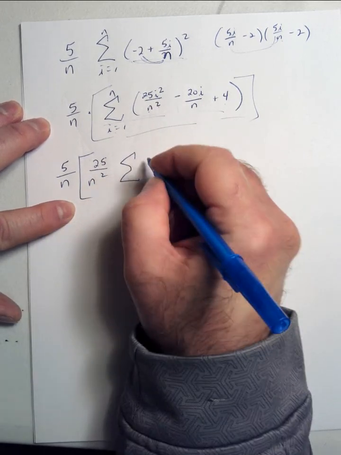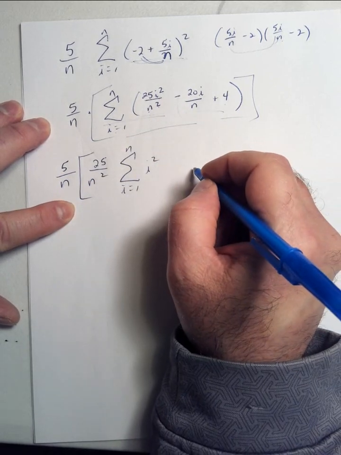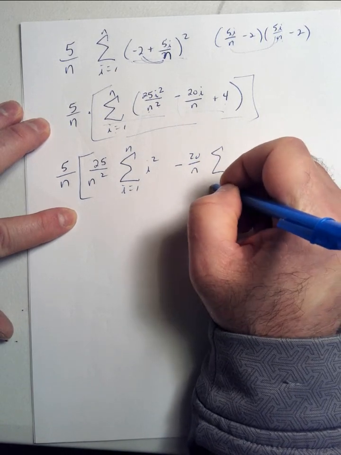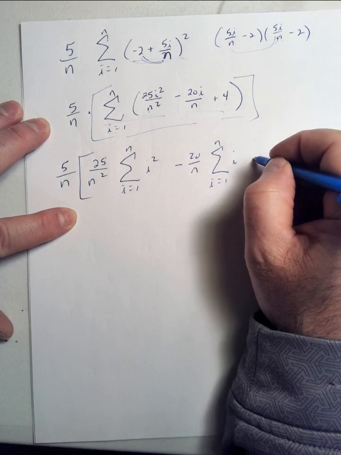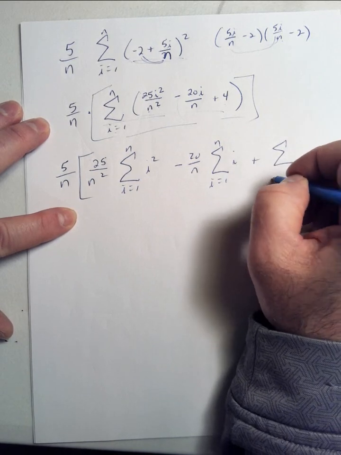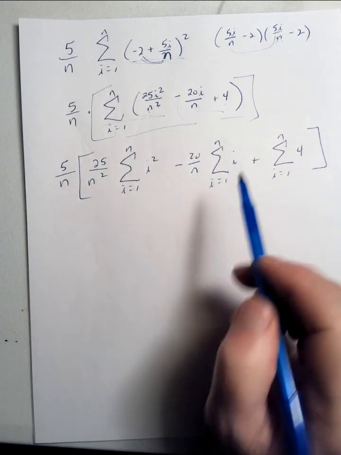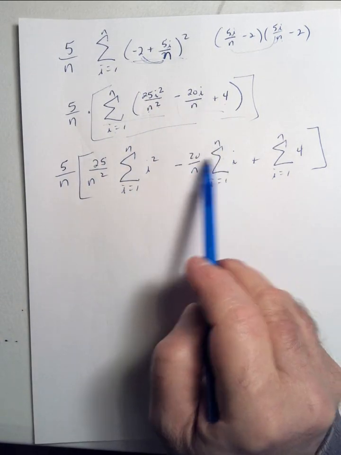So that leaves that, and then we got a minus 20 over n as i goes from 1 to n of i, plus i goes from 1 to n of 4. So splitting these up, pulling the constants out,